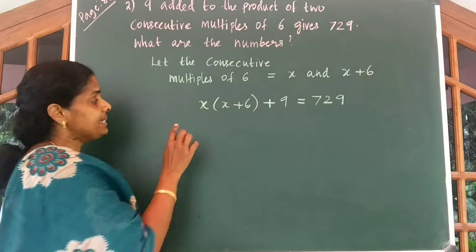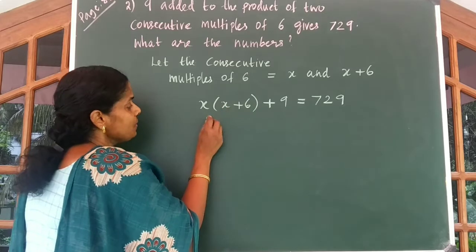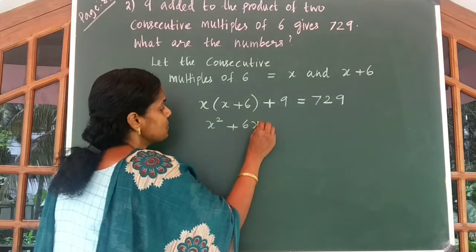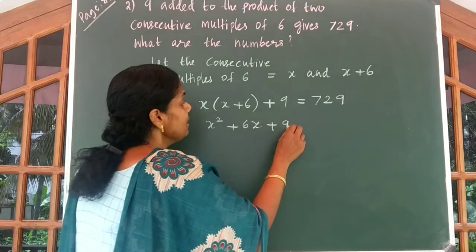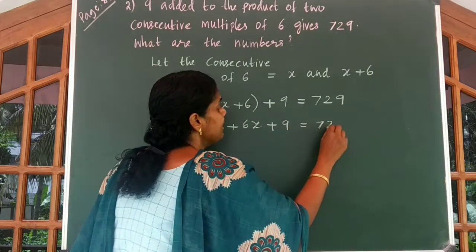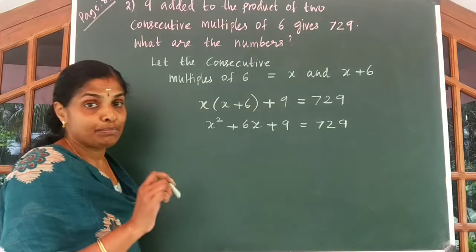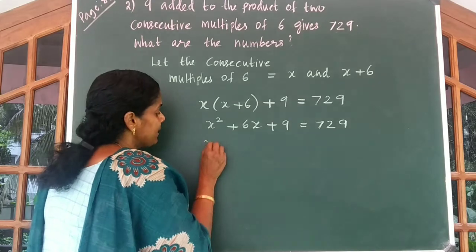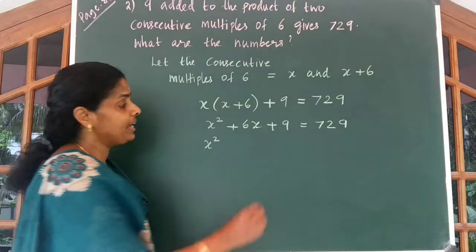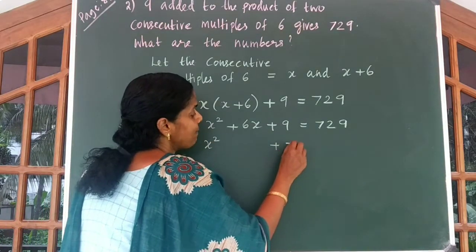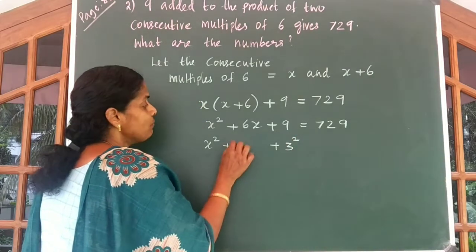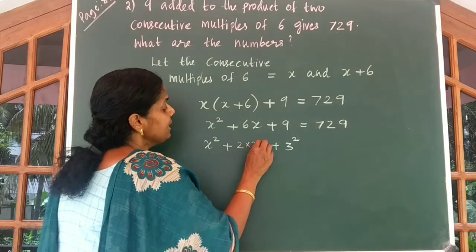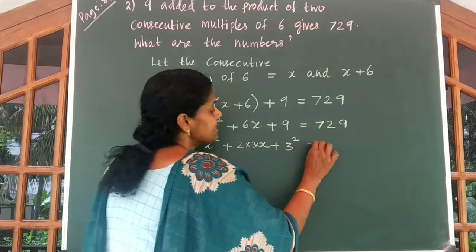729. Now let us expand x into x. We get x square. X into 6 gives you 6x plus 9 is equal to 729. Let me write one more step for you to get a clear idea. X square I am writing as x square itself. 9 is nothing but 3 square. And what about this 6? 6 is nothing but 2 into 3 into x. This is equal to